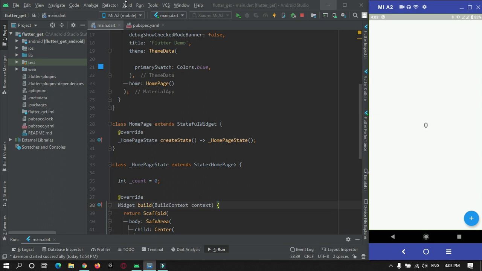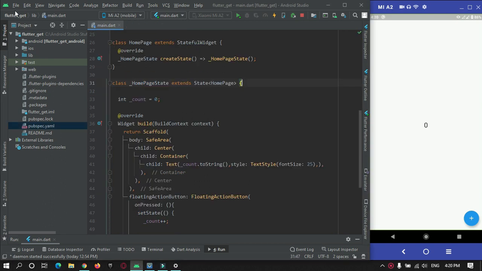So in this Flutter tutorial, we will make use of one package called get storage. This package is a very lightweight and very fast package to store app data. This get storage package will store the data in the form of key value pairs in device memory.